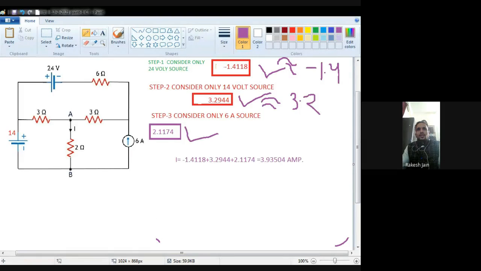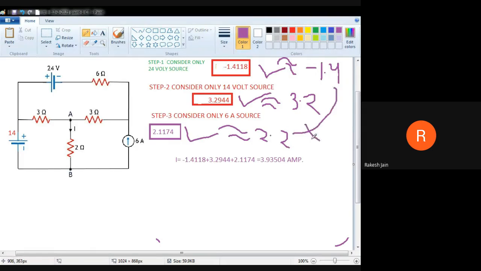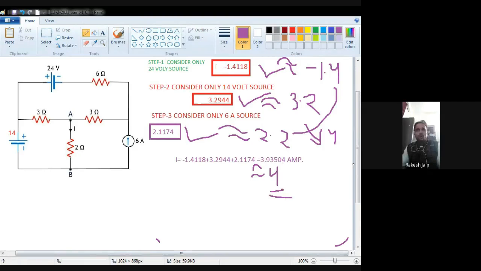Now what is my answer? With the help of this equation, I will find the answer for I1, and I directly write down this one. Kindly look at it. Minus 3 multiplied by minus 2.471, that will be equal to plus 7.413. When it moves to the right hand side, it will be minus 7.413, and on the right hand side minus 12 is already present, so they will be added, 19.413. Now it is divided by 5, so that will be equal